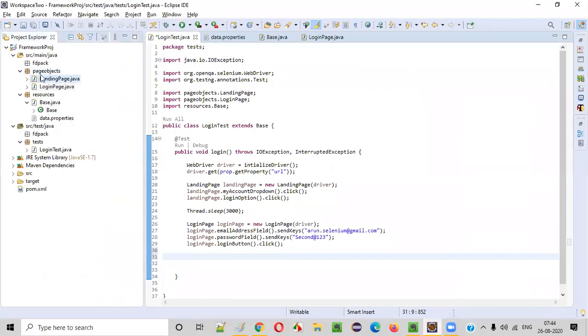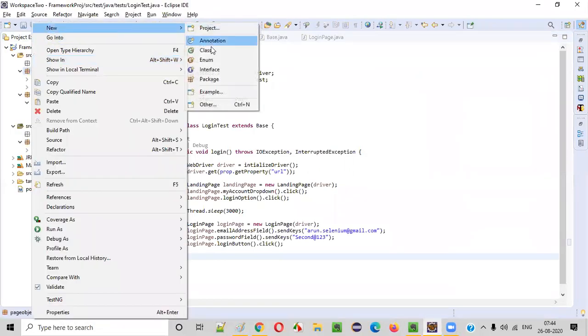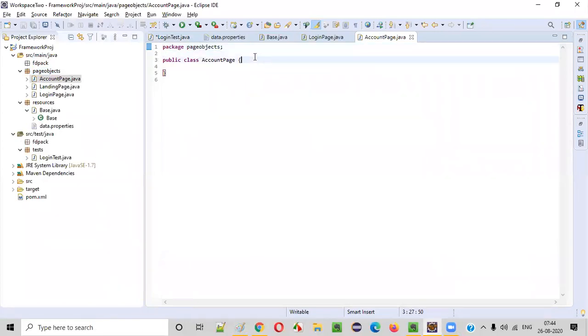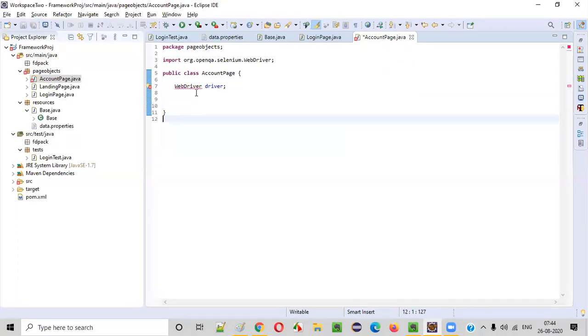So let's create another page, say account page, a new class for the account page, and repeat the same things. Whatever the page object model with page factory you do, the same thing you have to repeat. WebDriver driver, import this WebDriver, public, create the constructor of AccountPage.